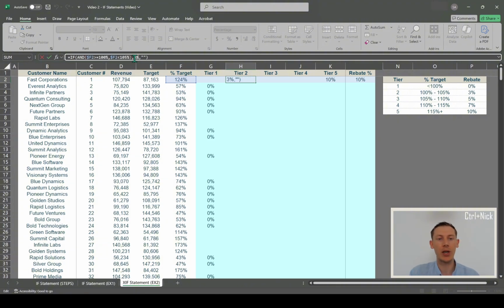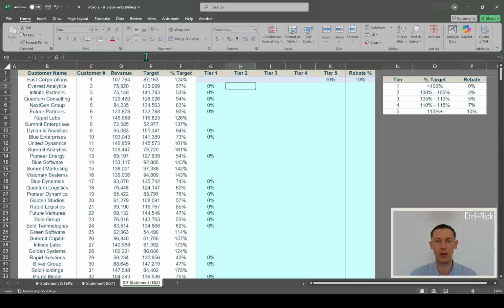So again, we're just going to use 3% as the rebate if they're within that range. And if not, once again, it's okay. We don't need to do the second part. We're just going to make it look clean and do quotation marks. Let's write that out together because I think that's going to make it easier. So equals IF parenthesis, so starting our if statement: if this, then that. If not, then this, right? But again, we're in the range. So AND